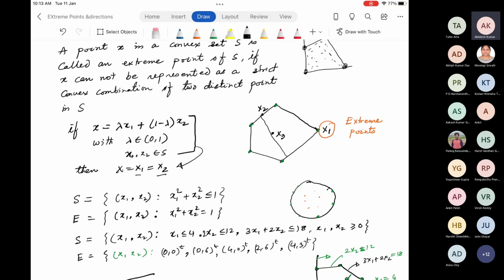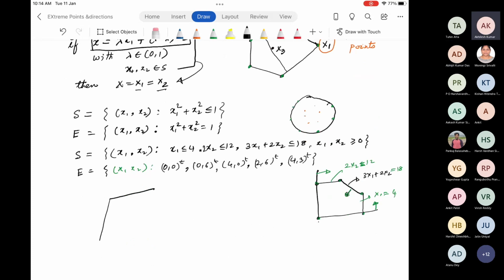What do you understand by that? Directly, if lambda equals 1 or 0, then x equals x1 or x2. Or if you just put lambda equal to 1, it will come out to be x equals x1, or lambda equals 0, x equals x2. You do not even need to define what the value of lambda is. So what it is saying is that when you are trying to form a convex combination, you cannot use any other points other than the extreme points to describe itself. Does that make sense? Yes, sir.